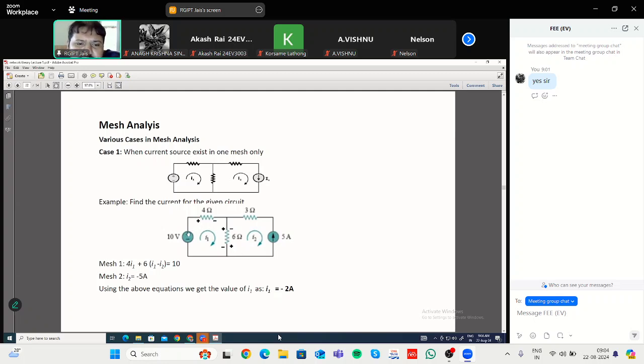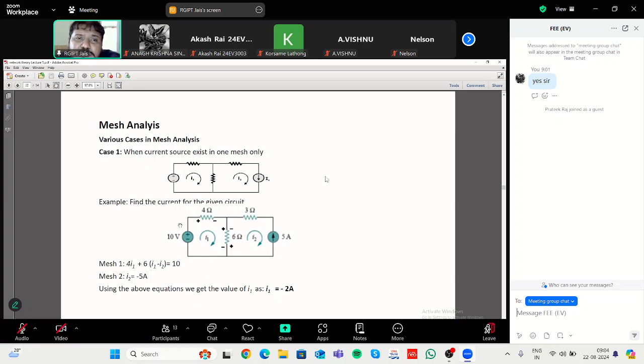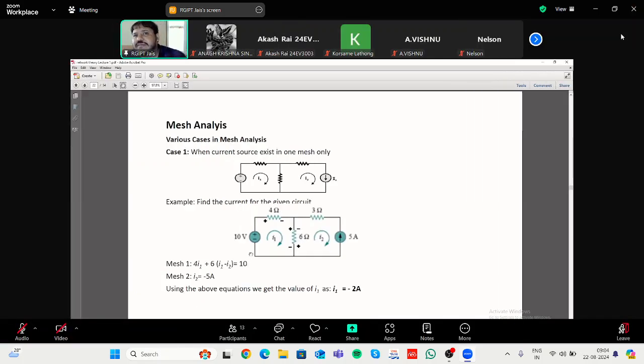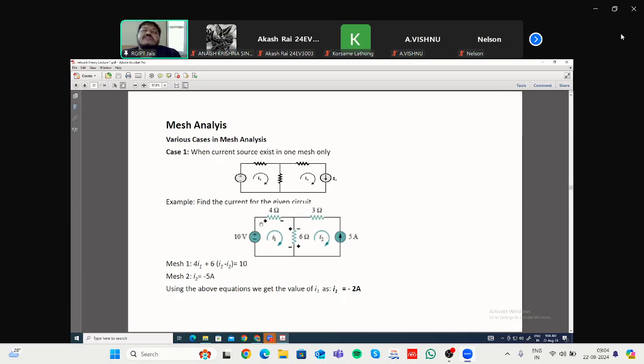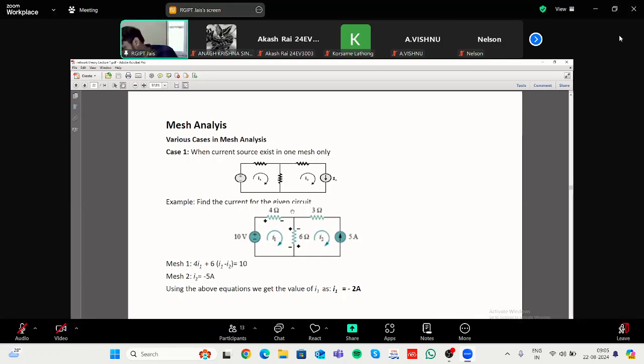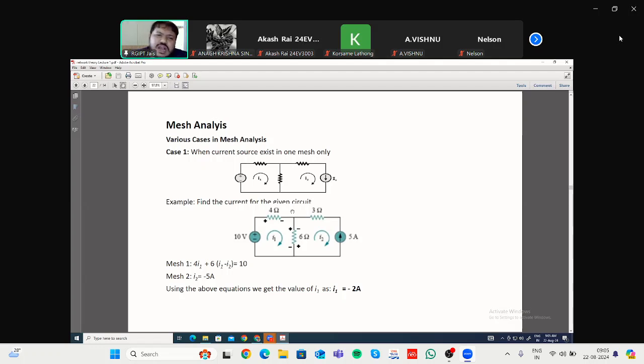The next step is to apply KVL. Starting with mesh 1, before applying KVL, you have to take the plus and minus signs. If there is a battery, the job is easy, because in a battery it is given which side is positive and which side is negative. So plus minus is already given. But when there are resistances, you have to identify how to assign the positive and negative. The simple thing I have told you is that for any resistance, if you remember